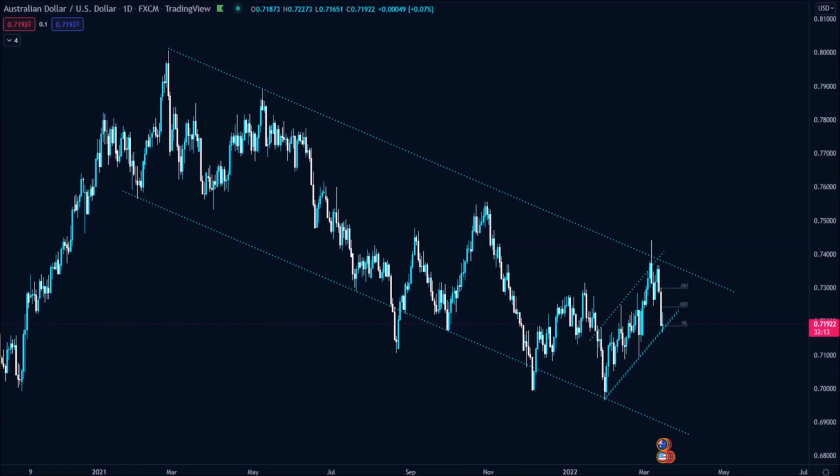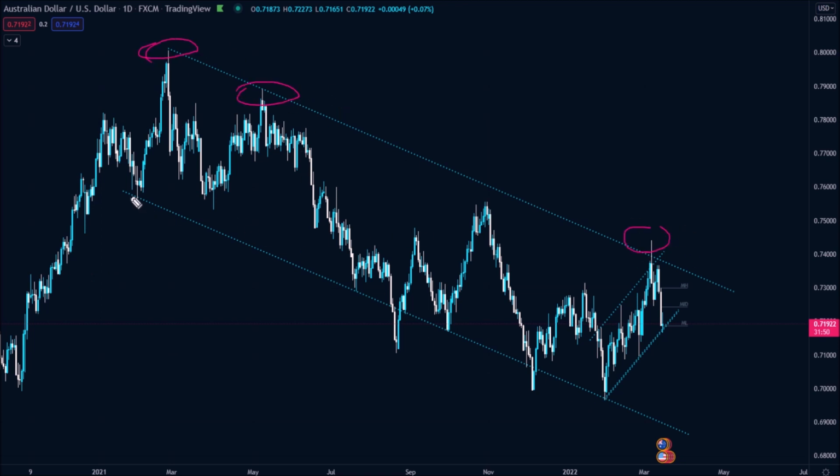I'm going to take a look at Aussie dollar. This is a daily chart. It has started to interest me with a few developments, so I'll just quickly go over them. I'm going to quickly go over the technical analysis, have a little look at fundamentals, and then try and formulate a little idea. So looking at just overall market, you can see we've been in this downtrend with resistance here,